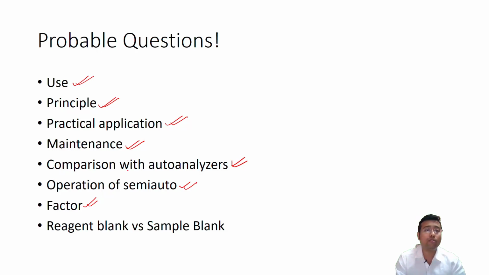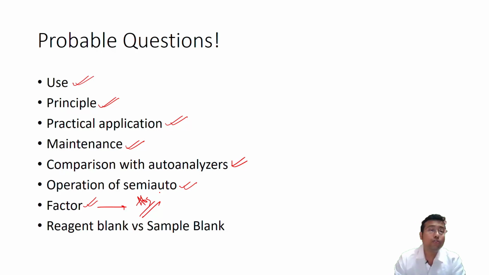Then, very important, you need to use the absorbance mode. What is absorbance mode? In absorbance mode, the semi-auto analyzer is nothing but a spectrophotometer. You simply note down the absorbance and then you calculate the factors manually, you multiply and you get the result. So if there is an inbuilt programming, you just simply feed the reagent and you are done. But if it is not, you need to measure in absorbance mode and calculate the factors. So you must know what a factor is and how to calculate it. Those questions will also follow when you are being questioned about semi-auto analyzer.